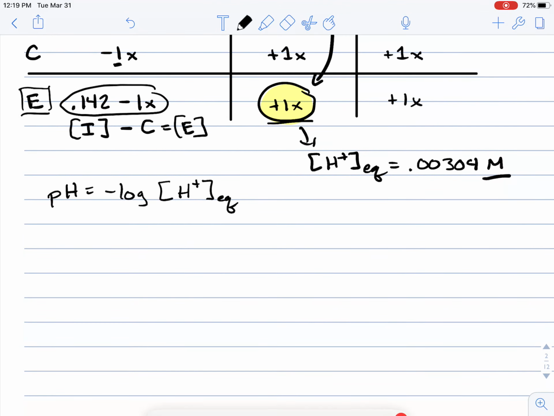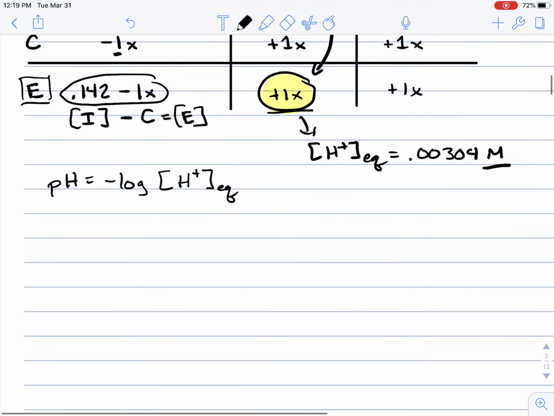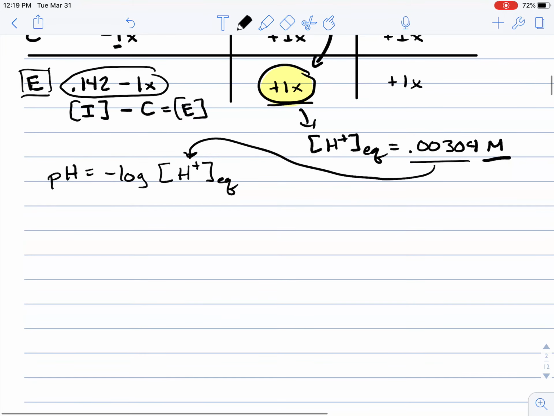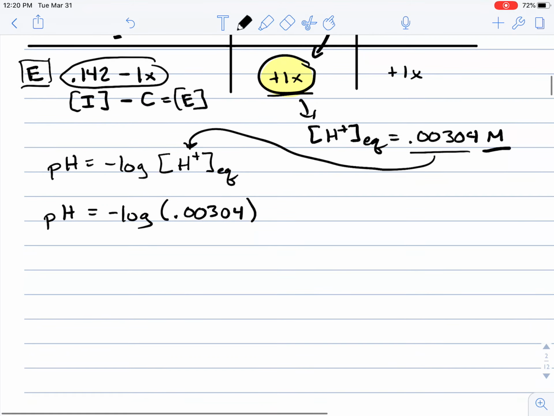Now that we have the equilibrium concentration of hydrogen ion, we're going to plug this value right inside that bracket to determine the pH of the solution. When you plug that into your calculator, you are going to get